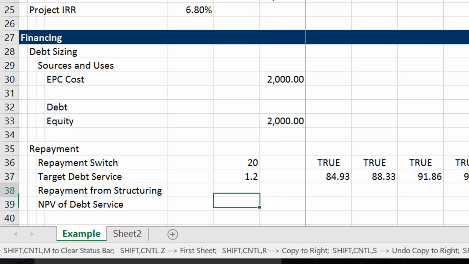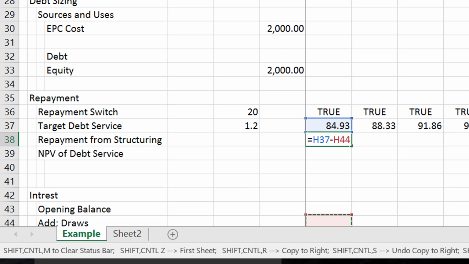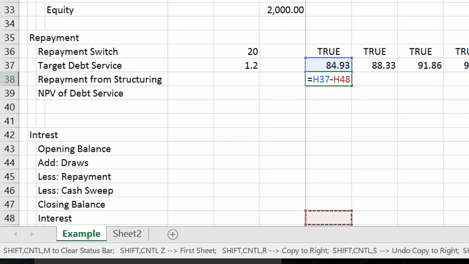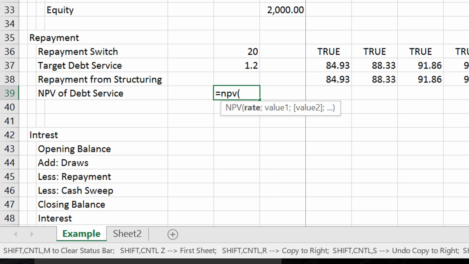Excuse me. Our repayment is going to be this minus the interest. Total debt service is interest plus repayment. Hey, don't worry that you don't have it yet, and then we can get the NPV. Now, of course, if the